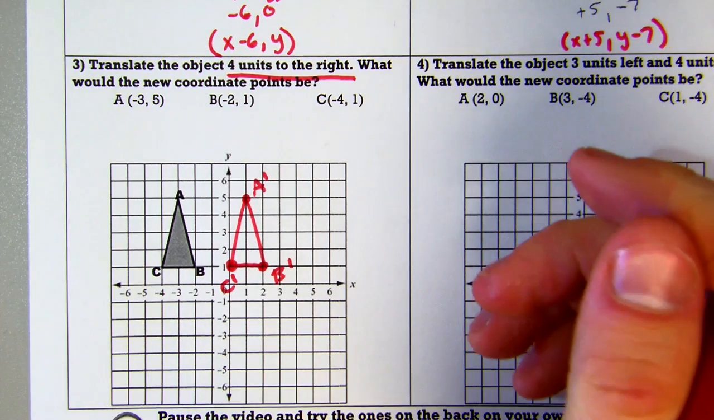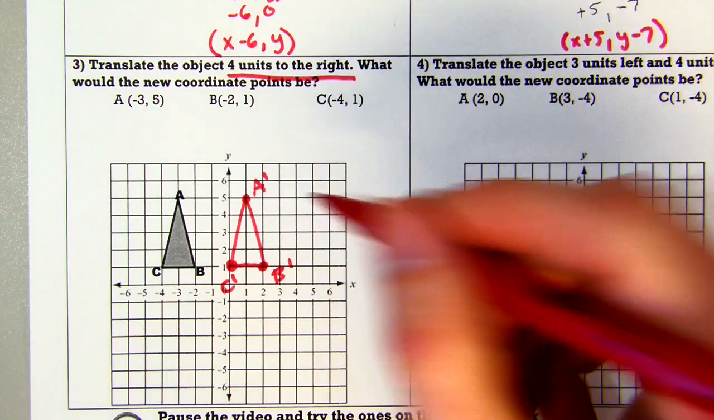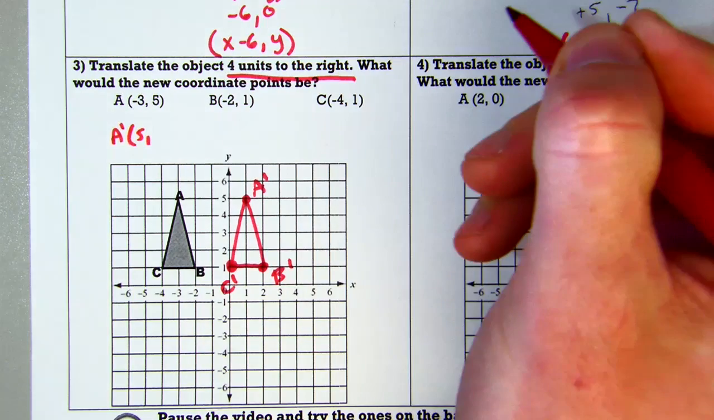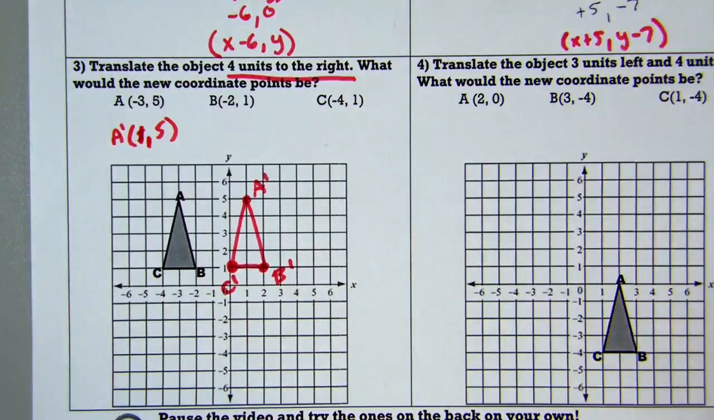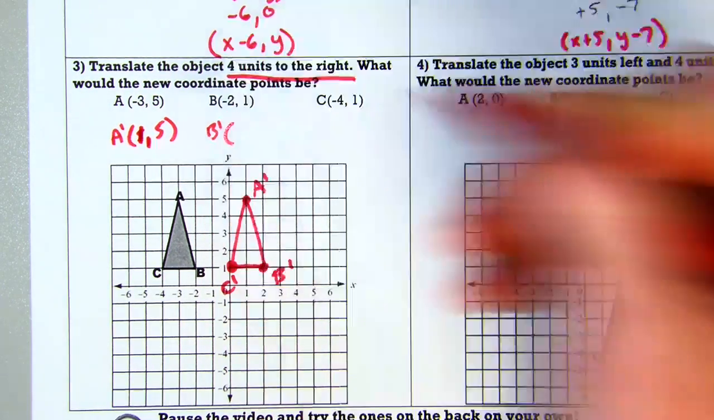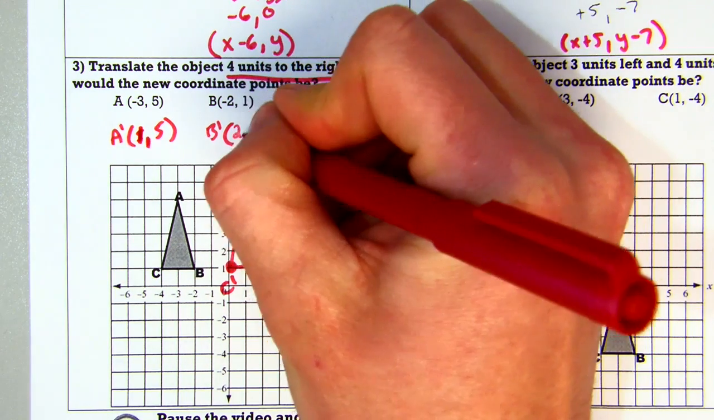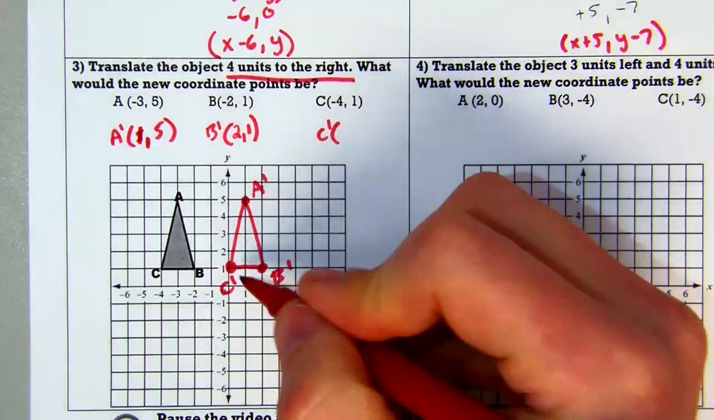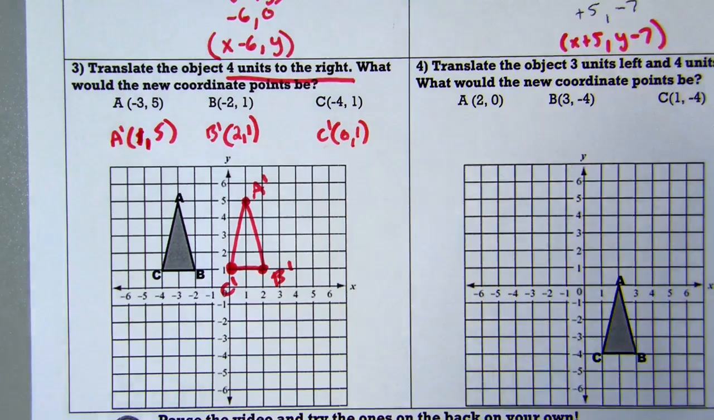So I have new coordinate points here. My new A prime is 1, 5. B prime is 2, 1. And my C prime is 0, 1. Okay, I'm going to go ahead and check to make sure those are my new coordinate points